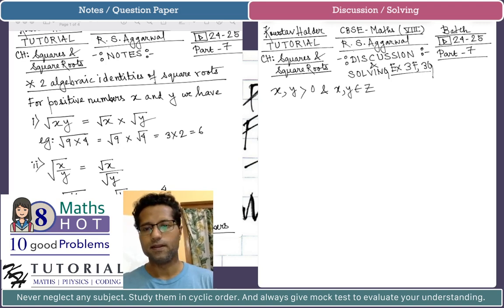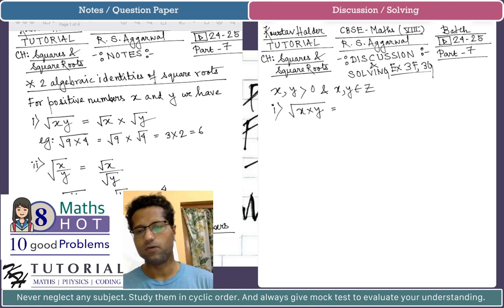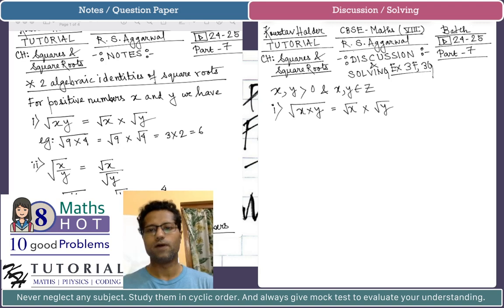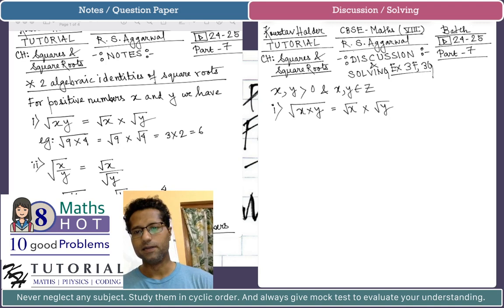If so, then the first property says that the square root of x multiplied by y, you can split x and y apart with their square roots, will be equal to the square root of x multiplied by the square root of y. This is the first identity you can use,